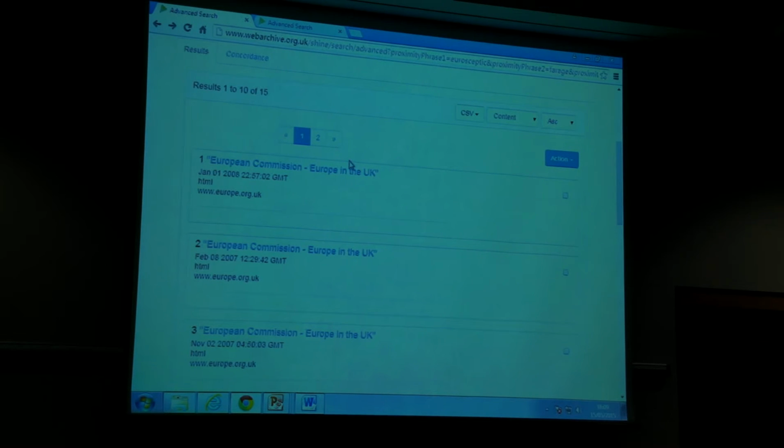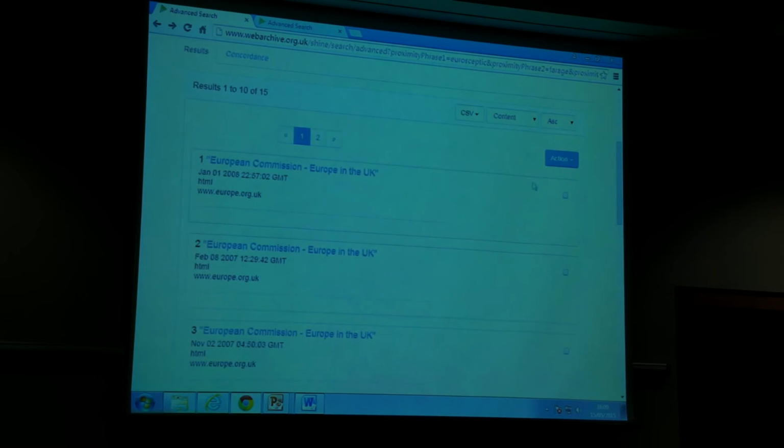So what you get out is title European Commission, crawl date January the 1st, 2008. I think also a field for just the domain, and then you get a link to where the content is held over in the Internet Archive. And I suppose what I meant is that would allow somebody using these results to very rapidly reorganize them and cut out repetitions or apparent repetitions. Yes, indeed. So this is not a brilliant example.